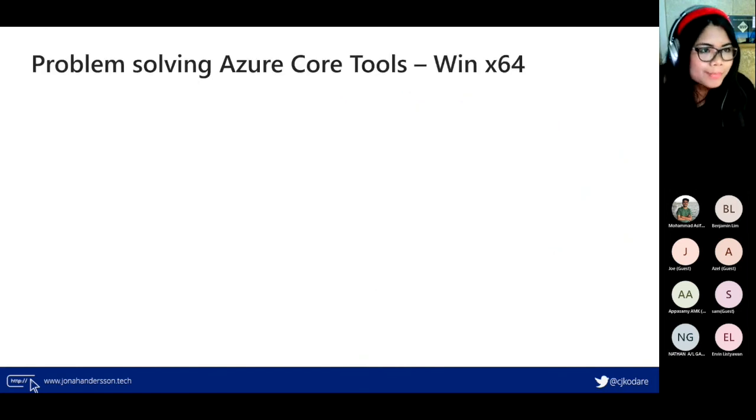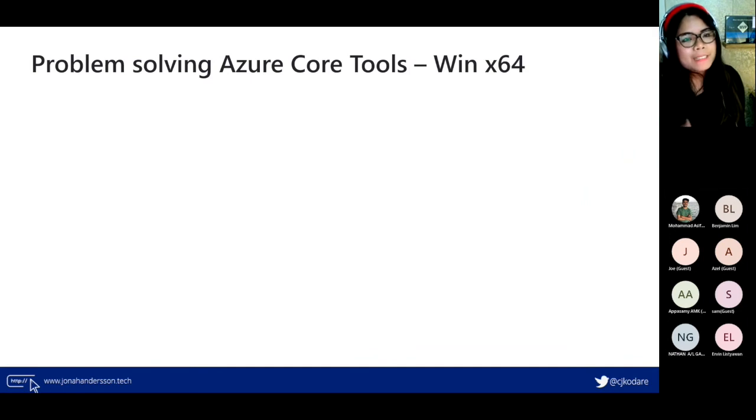I also want to share about problem solving with Azure Core Tools. This morning before the presentation, I got a new computer for work, and I was cloning my repo for this demo on my new computer.